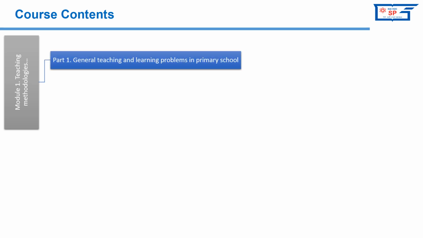This course consists of 7 parts, of which the first 3 parts belong to Module 1. The first module focuses on theories and methodologies of teaching in primary schools. The first part is general teaching and learning problems in primary school. In this part, learners learn about